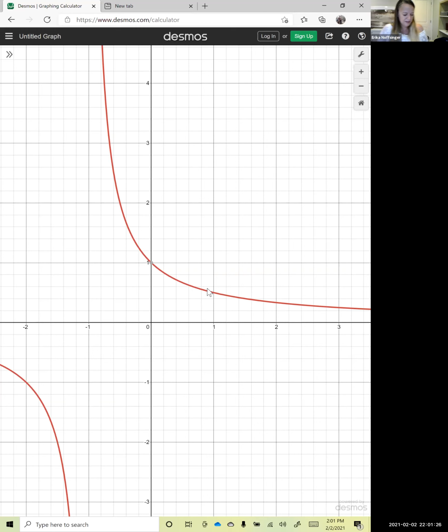Okay, so that's what's happening graphically. We just showed it algebraically by plugging values in. We showed it by manipulating our function to let it fall out to 1/2. Okay, so let's